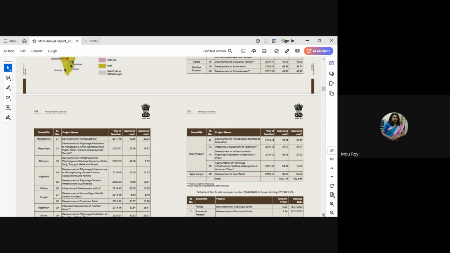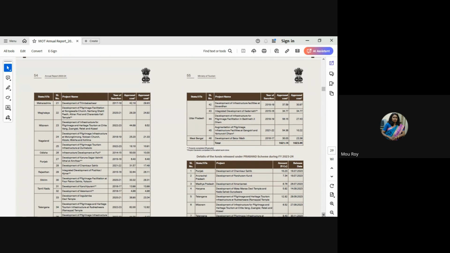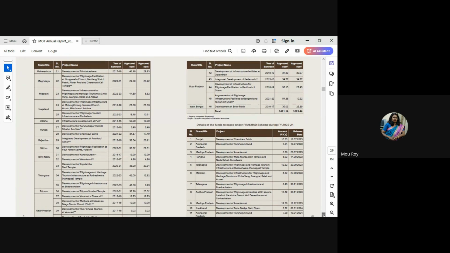aware of all this. So through this, the Ministry of Tourism, Department of Tourism, they are trying to bring all these main objectives into focus through different types of schemes like Prasad, then all these, we talk about these Bharat Darshan places and all. So through these schemes, they are trying to reach the common people. Okay, then